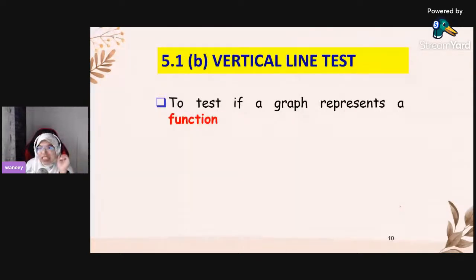So do you guys remember the function? The function have of relation, either 1 to 1 or many to 1. So belakang tu kena 1 kan, either 1 to 1 or many to 1. So in order to test whether we have a function or not, we are going to do a vertical line